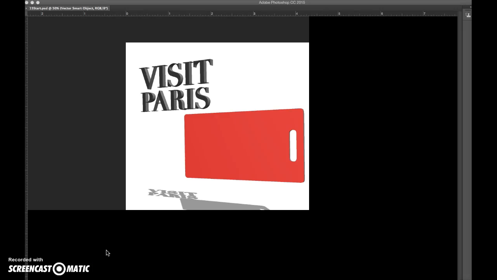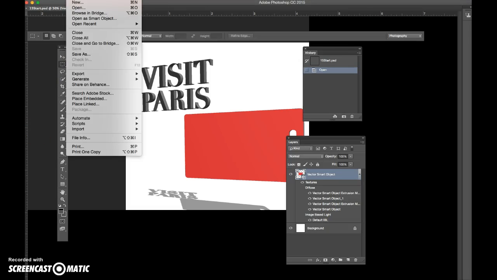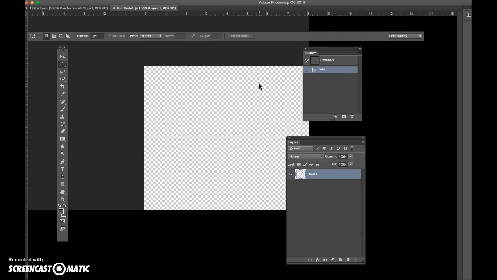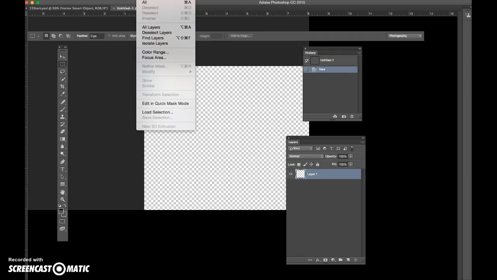Okay, so we're just going to quickly go over the information that was in the final chapter of our textbook, and we're just going to learn some 3D operations. What I'm going to do first is go to File, New, and accept the defaults here. Then I'm going to go to Select All,